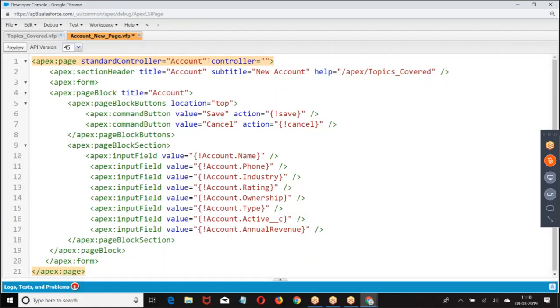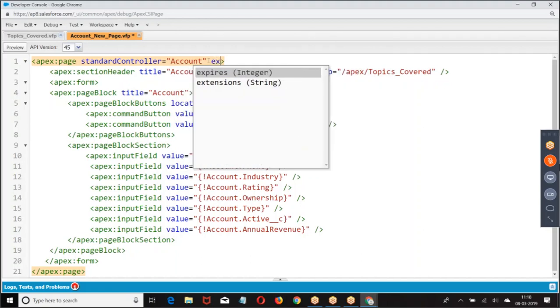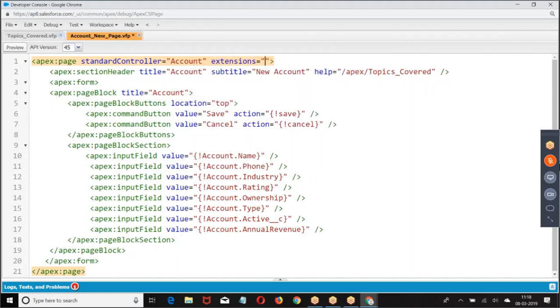But if you want to use the page to replace any one of the standard functionality, a standard controller is a must. If you want to build your own logic, an Apex class is a must. But you cannot define a standard controller and a controller together. Then we have a concept called extension. What is an extension? We are trying to extend standard properties with the corresponding class. So if you want to use a standard controller and a controller together, use standard controller extensions, an Apex class that extends the standard controller.